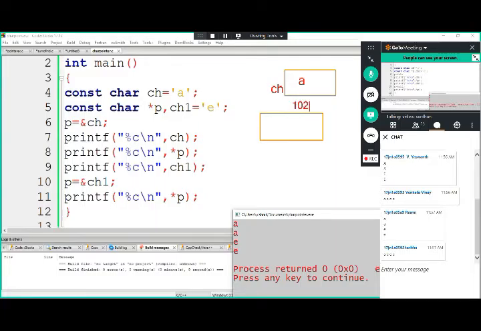Let that address be 1024. Now it is the p value. So inside the p, here we are going to store address of ch, means now the p value becomes 1024. So p also has some address location. Let us consider it as 2525. Now after storing the address value, p starts pointing to this location.